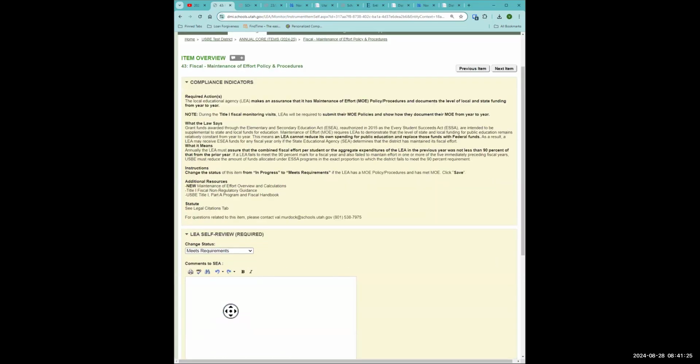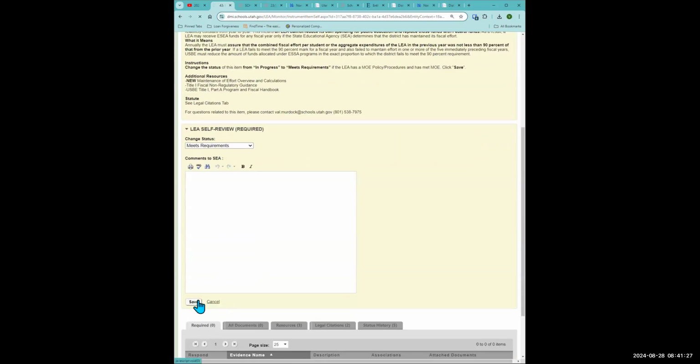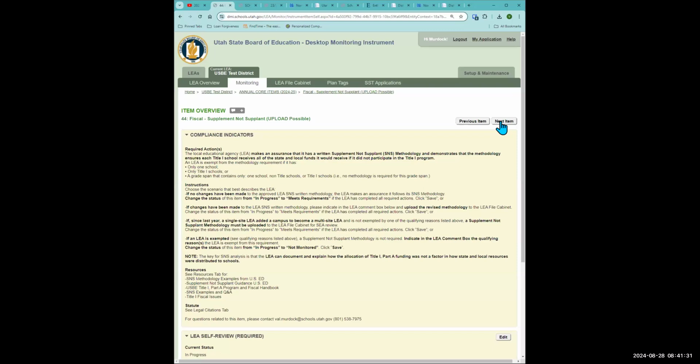Changing that to meets requirements and save. And going on to the next fiscal rule, which is supplement, not supplant. That fiscal rule is met by having a methodology which shows how your LEA ensures that Title I schools receive all the state and local funds it would receive if it did not participate in Title I program,